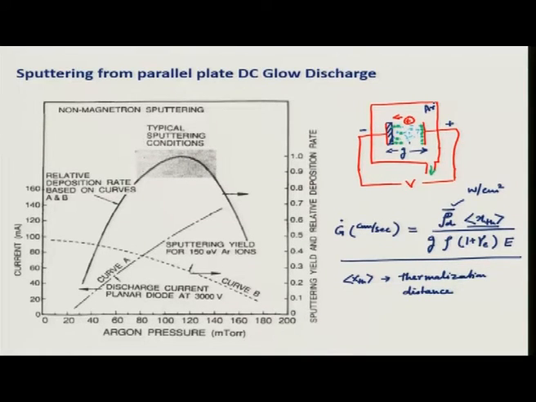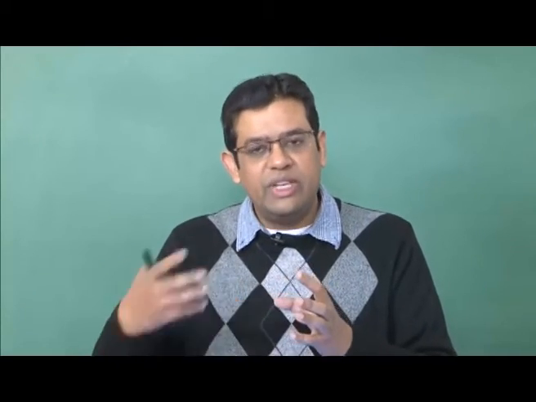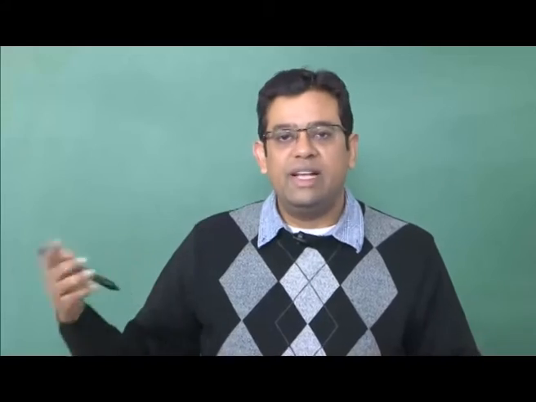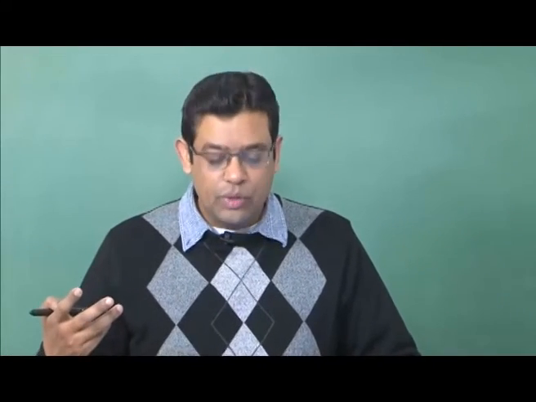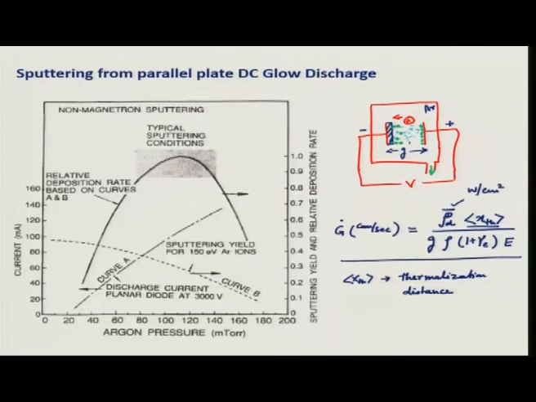Once they lose their energy, they are no longer traveling towards the anode. Because once they start from the cathode, they have a preferential direction because of the change in momentum process. But once they undergo these collisions, they lose their energy, they start moving as any other gas atom, and they become thermalized. So, it is obvious that if you have higher power density of plasma, then you will have higher growth rate.